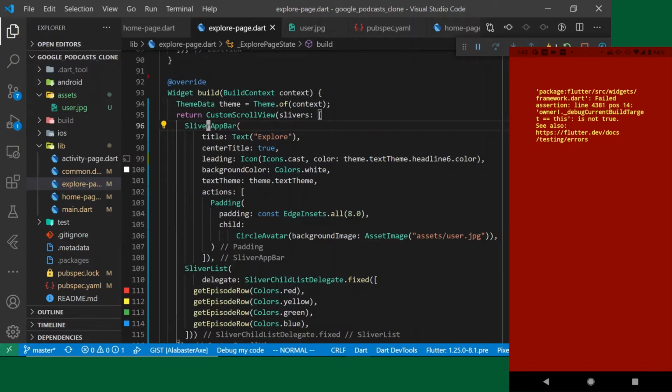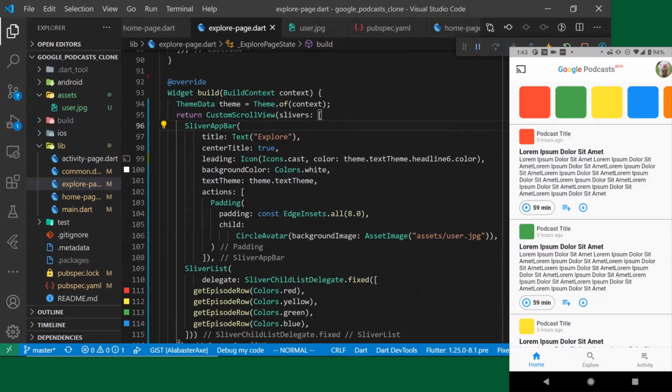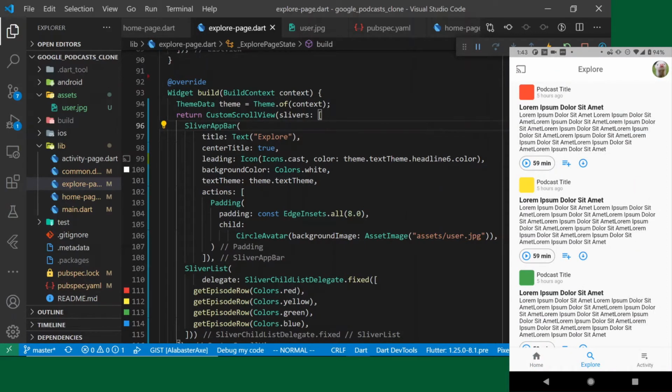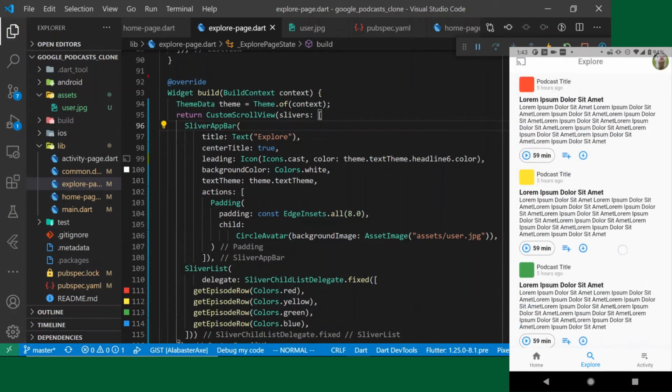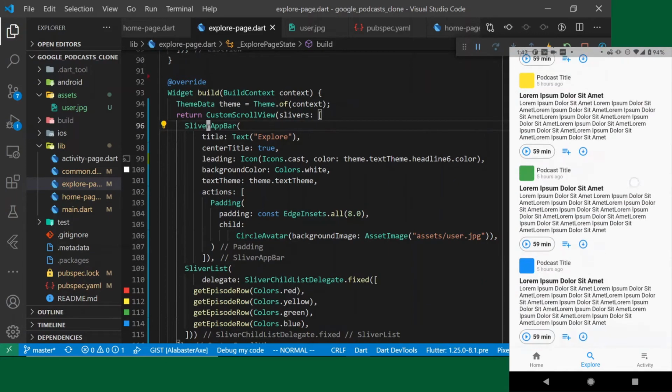Okay, and now if we fully refresh. Okay. Lovely. So our app is unbroken again, and now we have our app bar that slides along with our content,